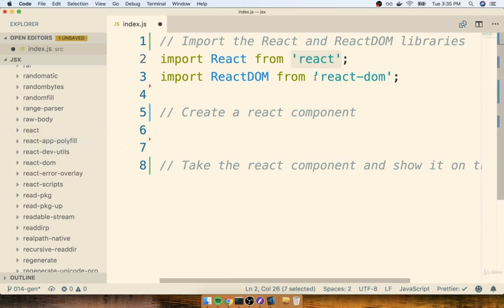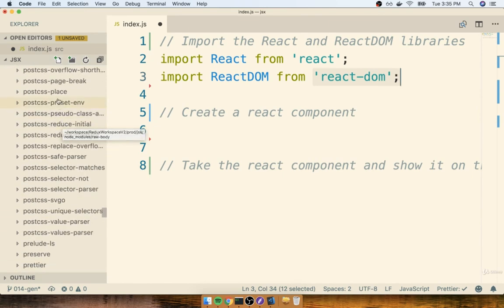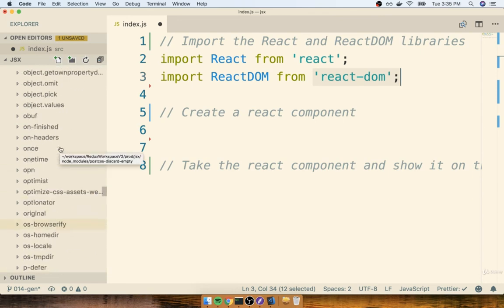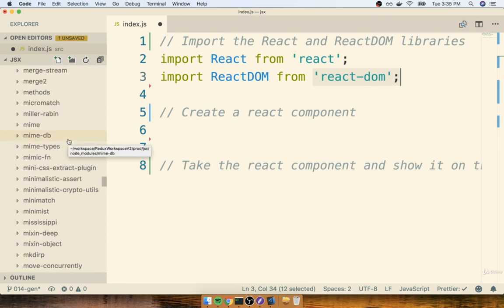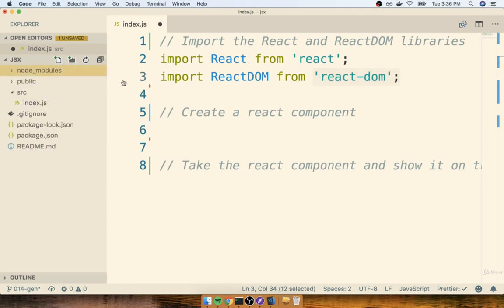And then the same thing with React DOM as well. You'll see the React DOM folder is right there. So if we wanted to, we could technically import any of the different folders that you see inside of our node modules directory. We could also install more modules into this node modules directory and import those as well. But in general, obviously, we only import the dependencies we actually want to use and really care about.